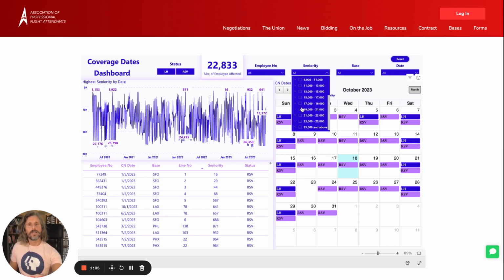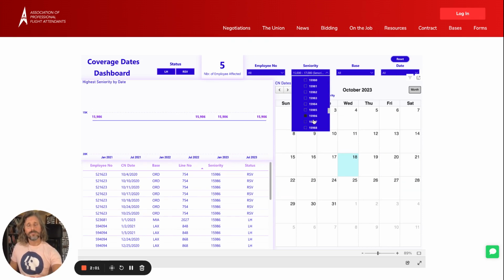All right, so if I click on here, I can drop it down and find the exact seniority. And most people are going to want to do this, but I'm going to tell you that's not the way to do it, and you'll see why very quickly here. So if we look at 15,986, we've got to flip all the way down here. Okay, 15,986. So if I click on this one,